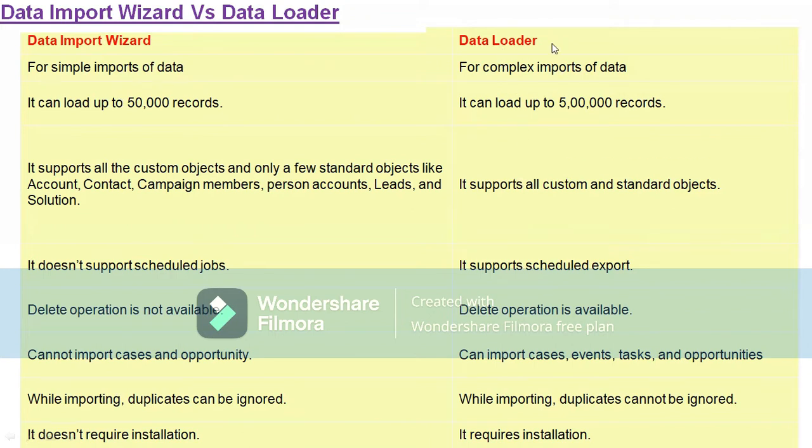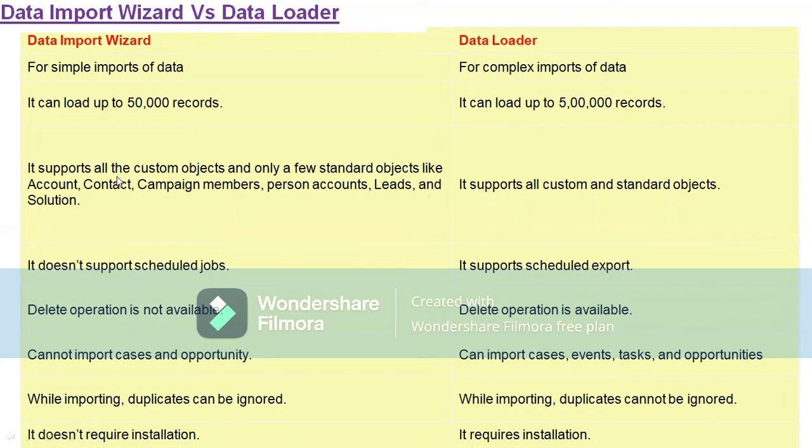If you are using data loader, it can hold 5 lakh records, so up to 5 lakh we can just use it. If you have more than 50,000, the same operation you can do from data loader also. We have seen dataloader.io yesterday, right? There you can see insert, update, upsert. Additional to that, you have another two actions, export and delete. Those two additional actions we get from data loader.